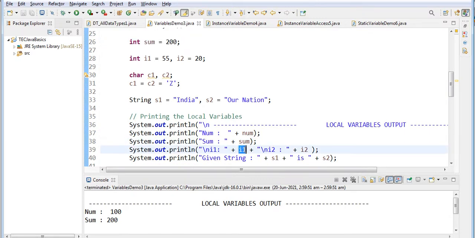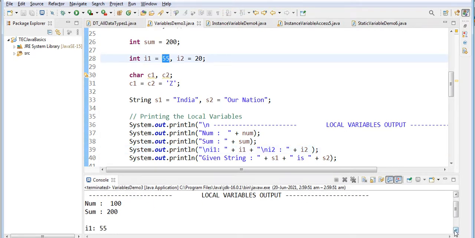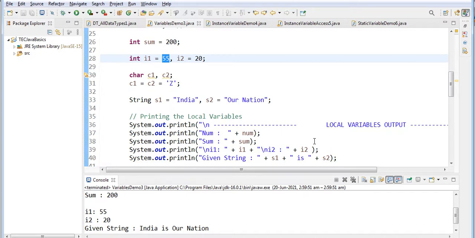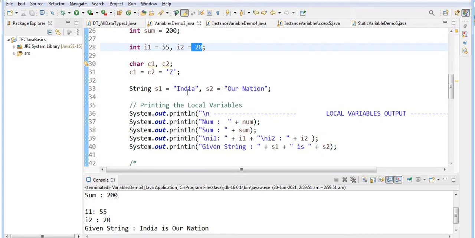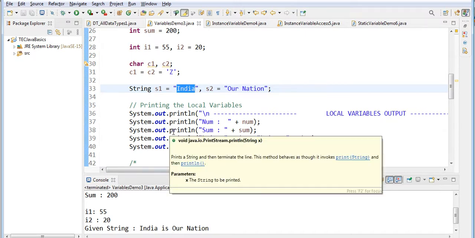Next, I1 variable is 55, so I1 is 55, and I2 is 20. Next, given string is, so it prints India first, and here it leaves a space, "is" and a space, so "is" and "our nation". So this is about the local variable.